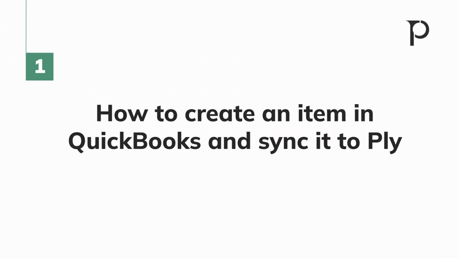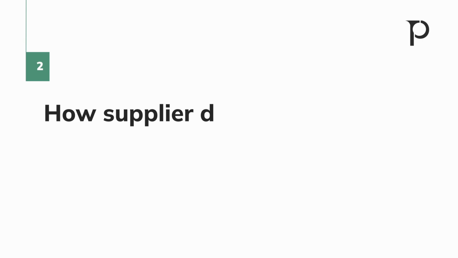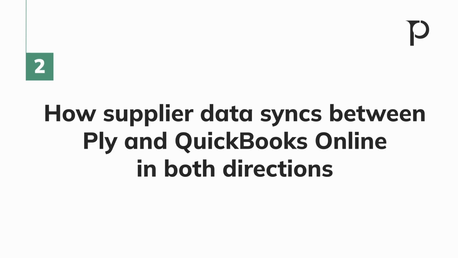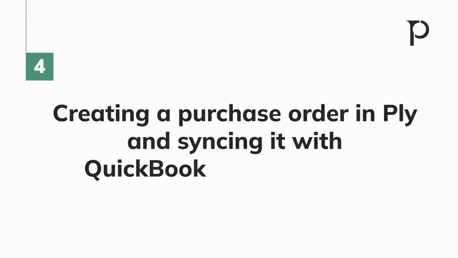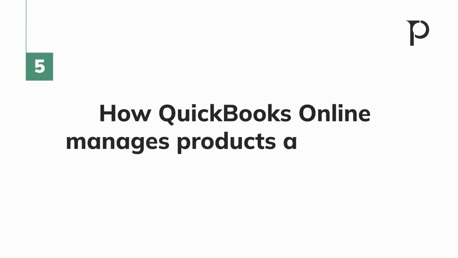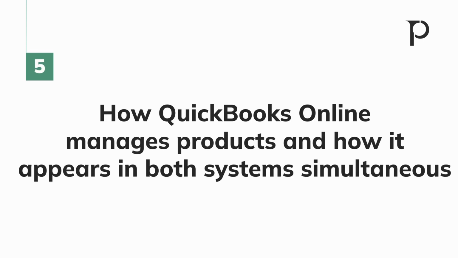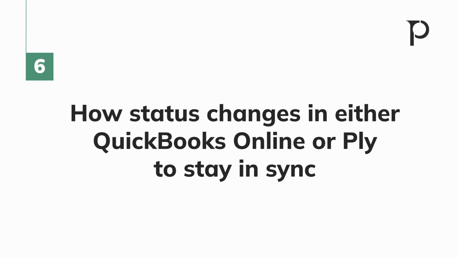Here's what we'll cover today: how to create an item in QuickBooks and sync it to Ply, how supplier data syncs between Ply and QuickBooks Online in both directions, what happens when you update an item and watch it sync in real time, creating a purchase order in Ply and syncing it with QuickBooks and vice versa, how QuickBooks Online manages products and how it appears in both systems simultaneously, and how status changes in either QuickBooks Online or Ply